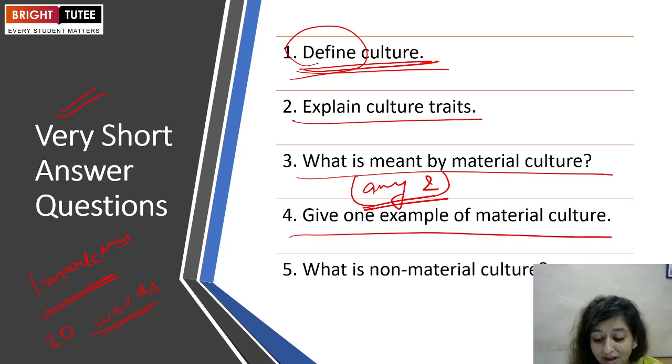You have to give one example of the material culture. You can have radio, clothing, schools, buildings, laptops, pens, any of these man-made aspects. Then what is non-material culture? Again, all of these cultural aspects which consist of non-physical or abstract ideas, values, knowledge. These are not really easily transferable and are inexhaustible. All of these will come under the non-material culture.